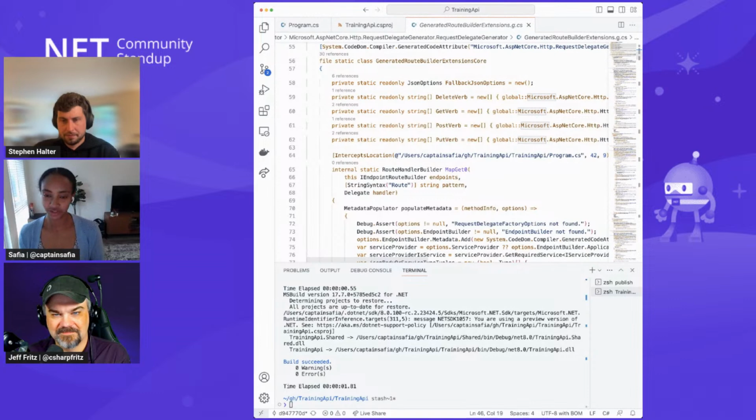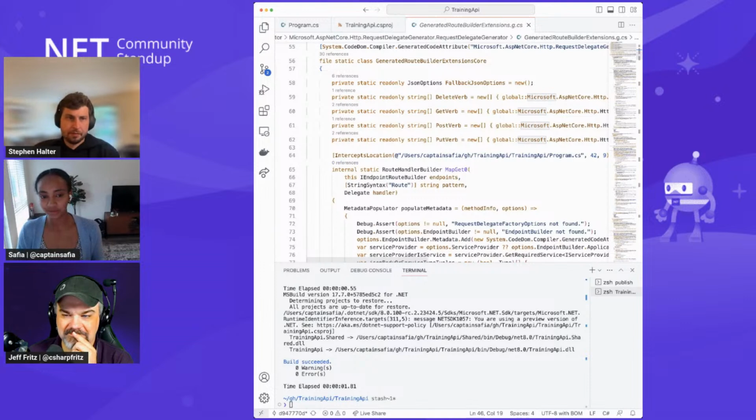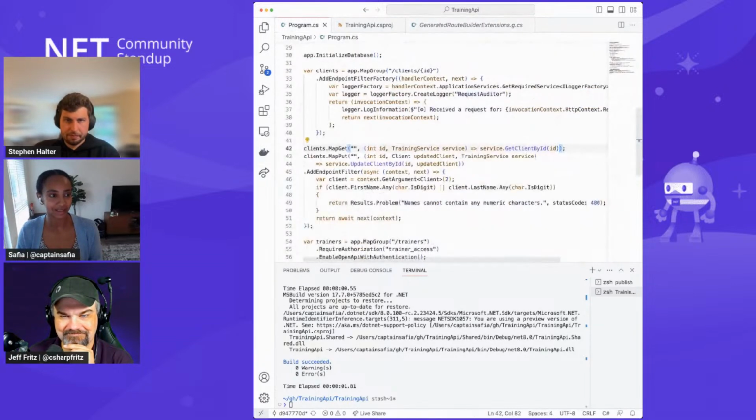Interceptors provide the functionality to annotate a particular implementation of a method. So here I've got this MapGet0 method, and I've got this InterceptsLocation attribute, which basically says, hey, for the MapGet invocation that's defined at this file path, at this line number and in this column, which is line number 42, column 9. If we head back to our source code for our Program.cs, we'll see that this matches with our client's MapGet call.